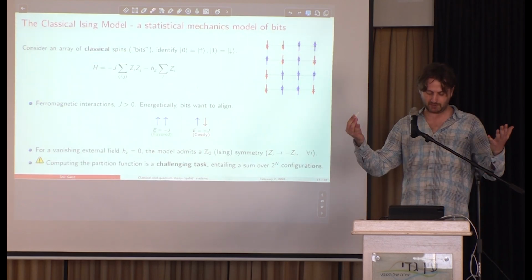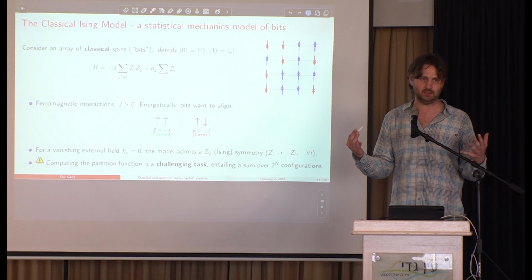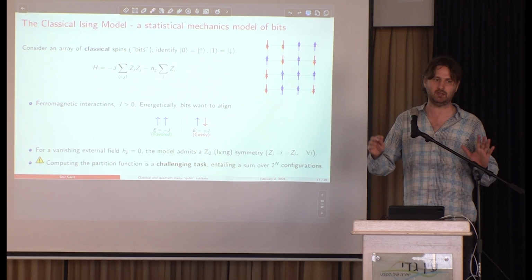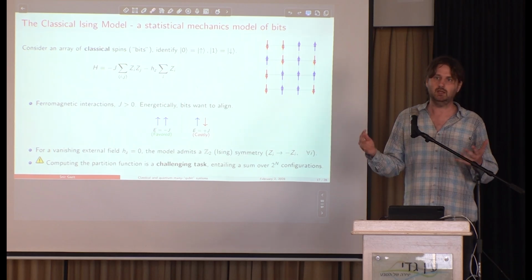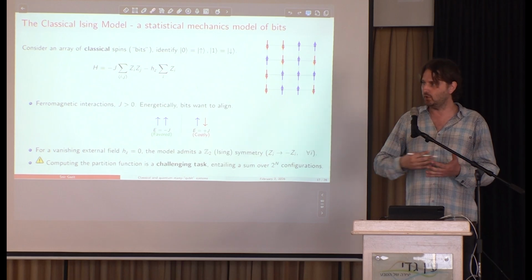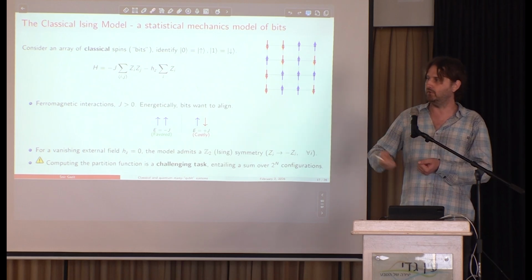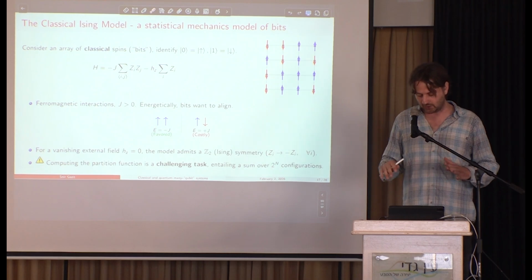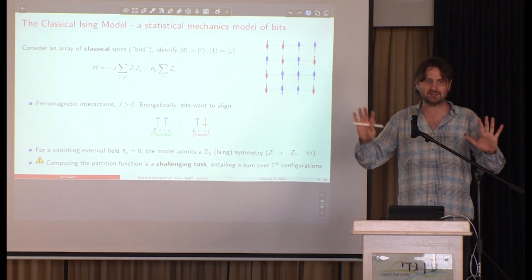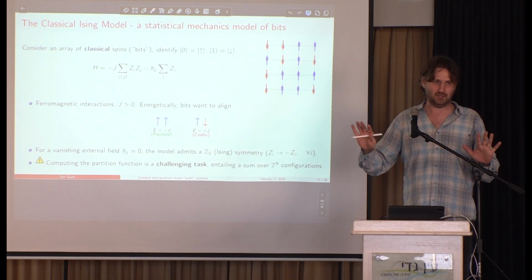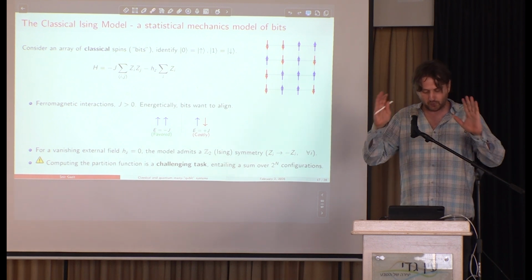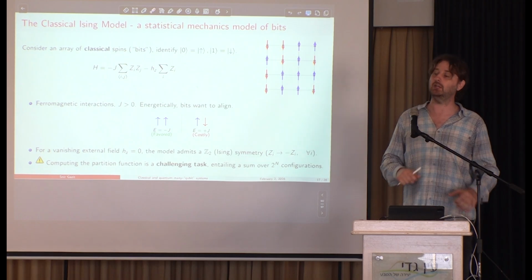So we want to compute the statistical mechanics of this problem. We would like to compute the Gibbs distribution. So this is a very challenging computational task. Naively at least, it would require you to sum over 2 to the n summands. You have to go over all the states and sum over the Boltzmann weight. In reality, we have smart stochastic methods to tackle this, so it has complexity classes. If you want to be a purist, it's a polynomial problem. You can run the same Markov chain Monte Carlo we looked at before, but a naive brute force calculation would tell you that this is